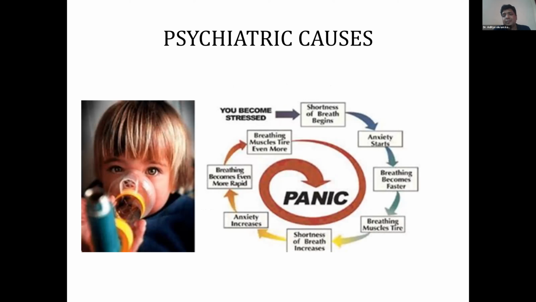Say, for example, a person who has just been informed that he has a myocardial infarction is himself stressed and anxious. On top of that, he also has a pathological condition. And then no one in the ICU properly communicates with him. Family is not there. That fear of impending death dooms him. All these multiple factors lead to multiple etiologies of difficulty or shortness of breath. It could be anxiety related, it could be pathology related,